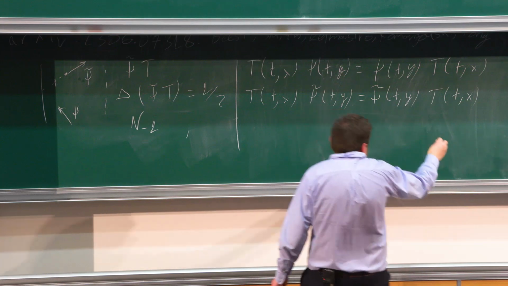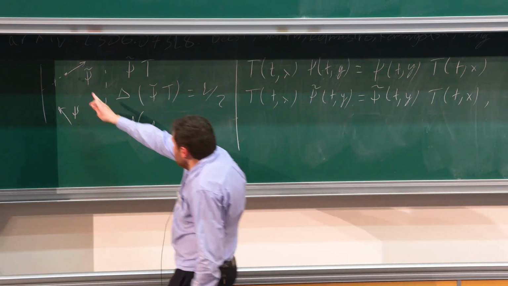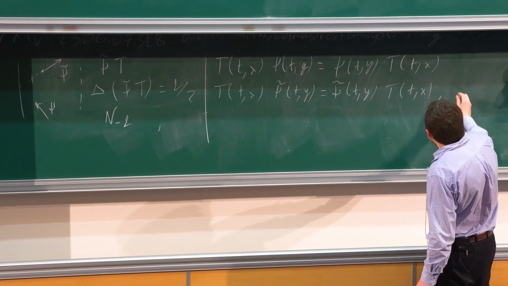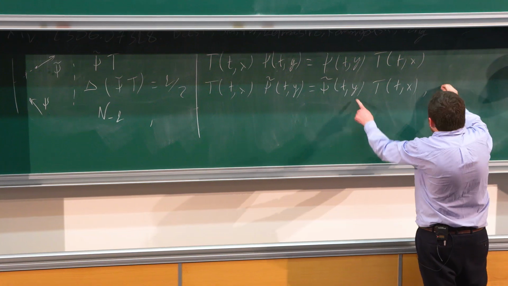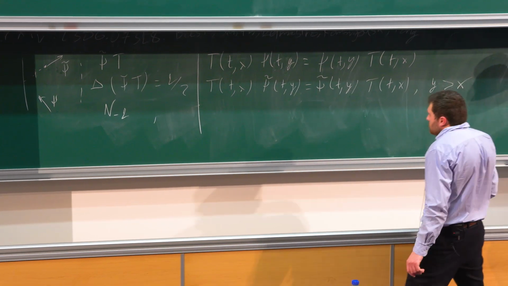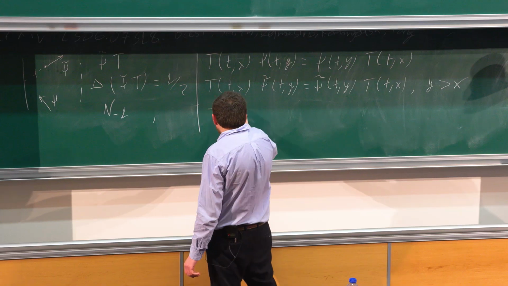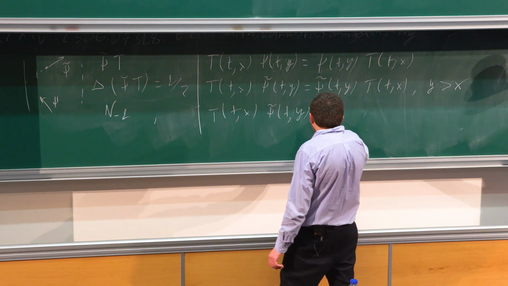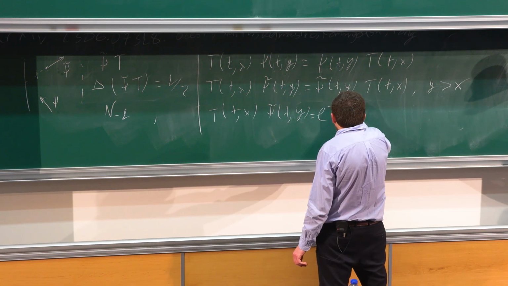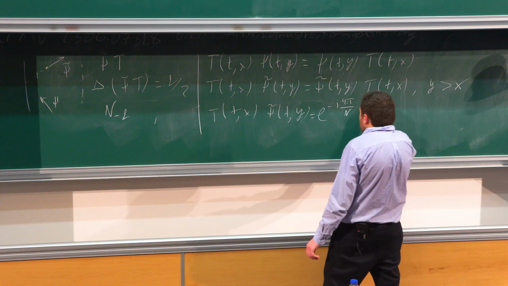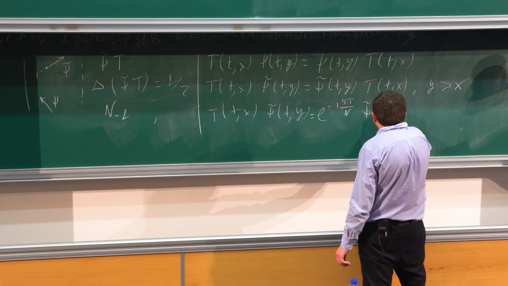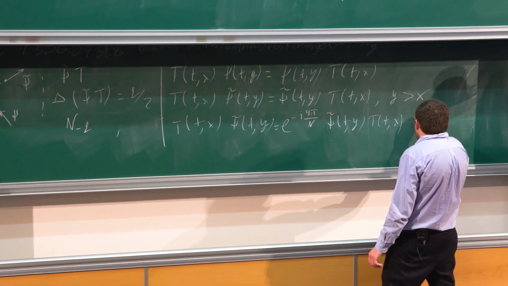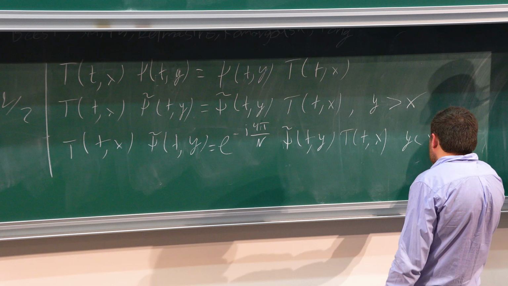And this happens, as we said, if the operator is outside. So if I have, which one was X? If Y is bigger than X, so it is outside. But if it is not bigger than X, you will exactly pick up this branch cut phase, if Y is less than X.